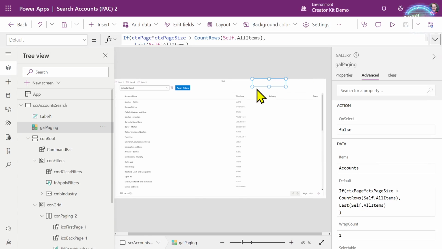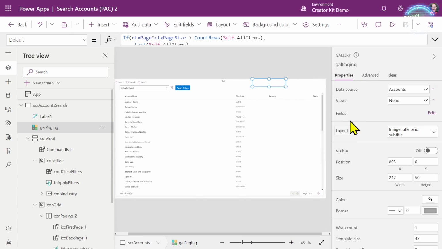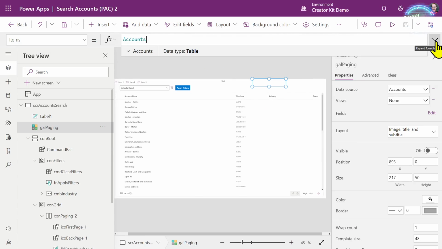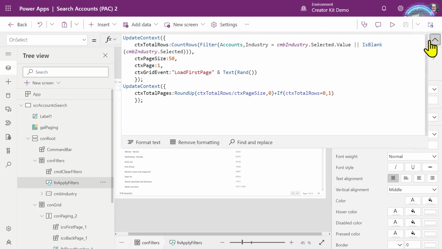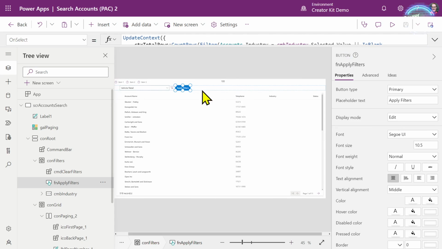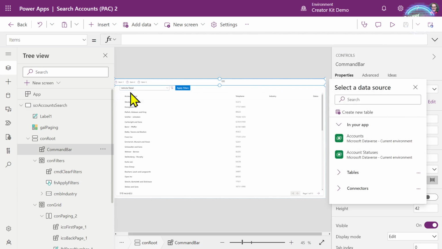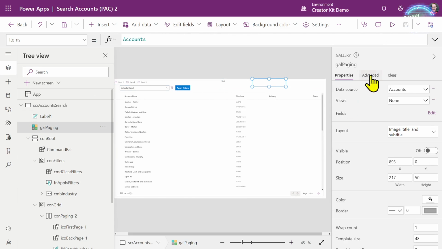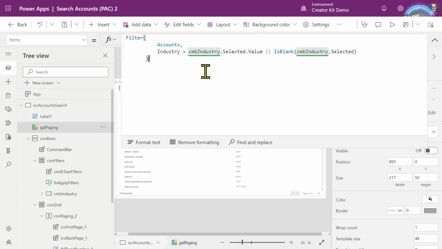So now at the moment, we've got our gallery bound simply to accounts. Well, of course, in our filtering, we know that actually we want to bind it to the filter on accounts based on the industry selected. So if we go into the items of that gallery and go to the data source, rather than it being accounts, I'm just going to pop the same filter in that we're using.